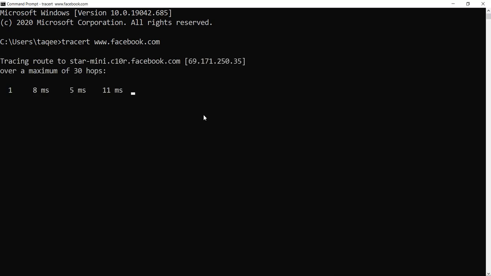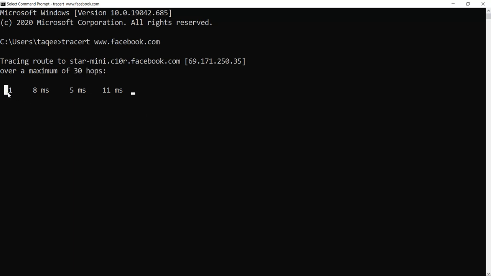So it will show me the IP of that machine. Now traceroute is searching for the destination, and it is searching how many routers are coming in between my machine and this Facebook server. By default it will go for 30 hops. That means it will jump through up to 30 routers, and if the destination is more than 30 hops away, then it will say unreachable. Otherwise we can increase the hops from 30 to more, but by default it goes only for 30.